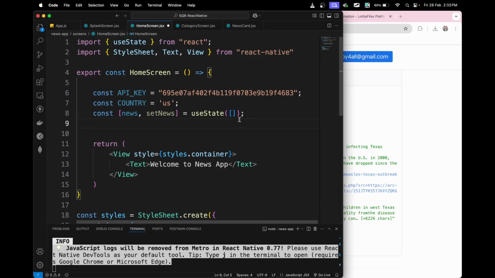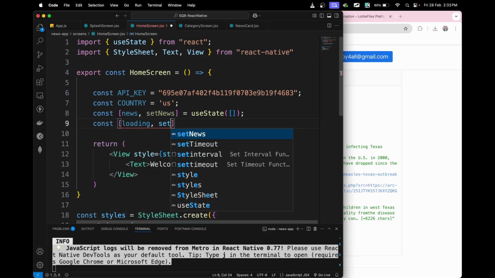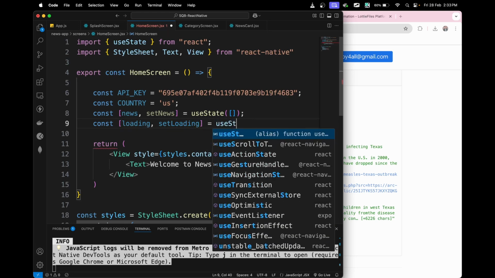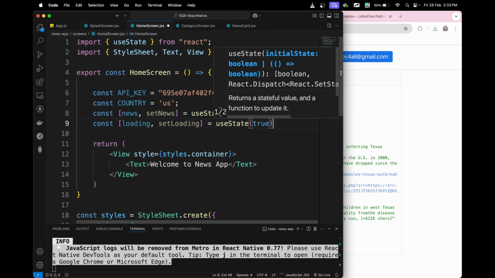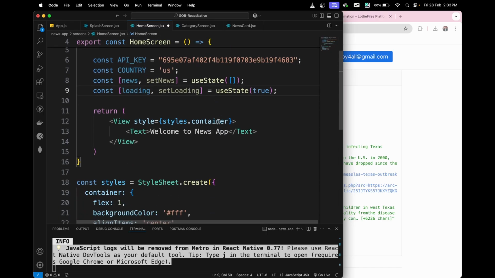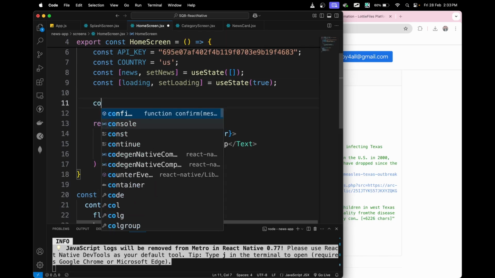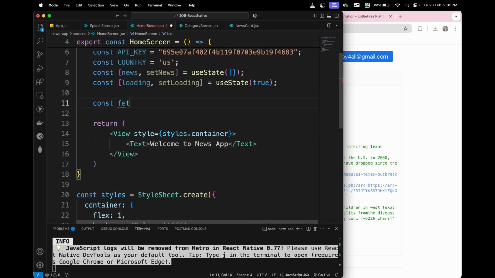Another thing you need is a loading state, is loading. Meanwhile the data is getting loaded, I'll display some activity indicator to you. So that's why we need this. So these are the four variables I have initialized: API key, country, news, and the loading state. That's it. Now let's create a function, fetch news is equals to async,